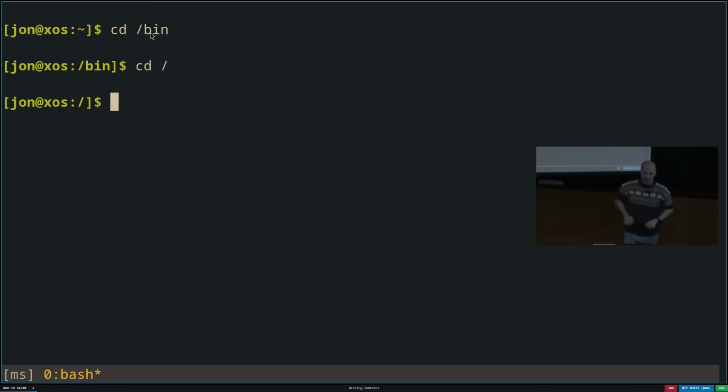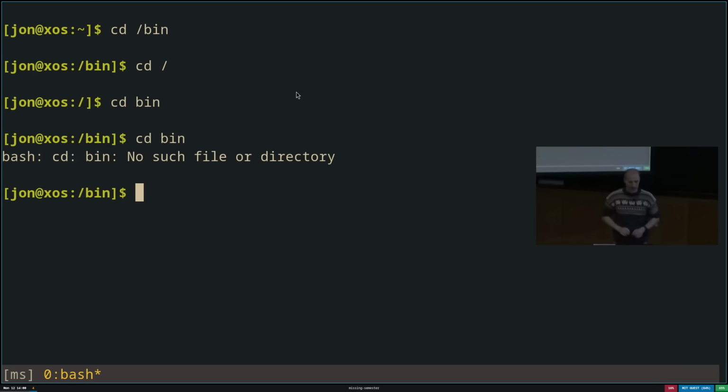file system. So for example, I'm now in slash. I can type cd bin, note the lack of a slash, to say I want to change directory into the bin folder inside of the current directory. If I'm now in bin and I try to cd to bin again, it would tell me there's no such directory because it looks for a folder called bin in /bin.